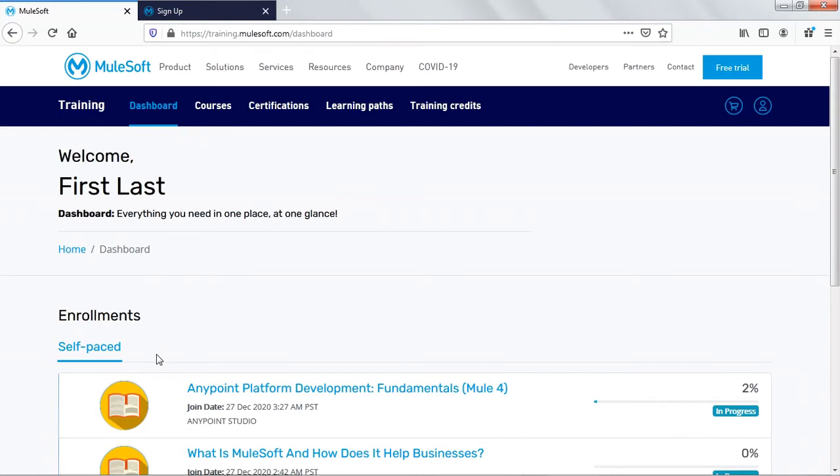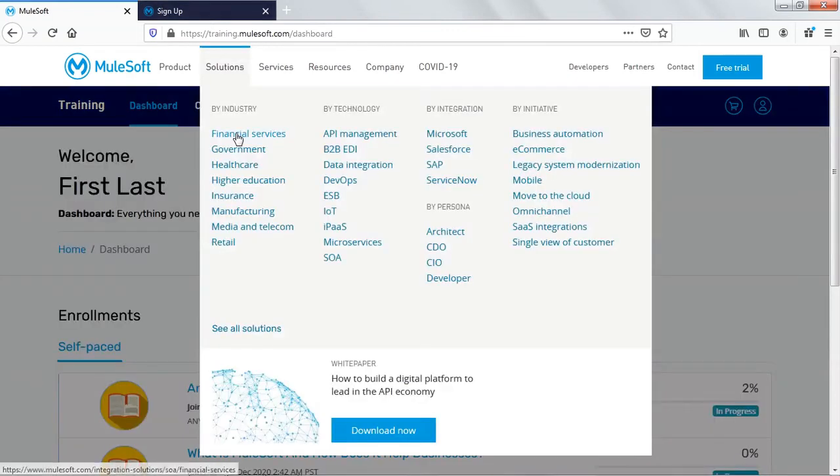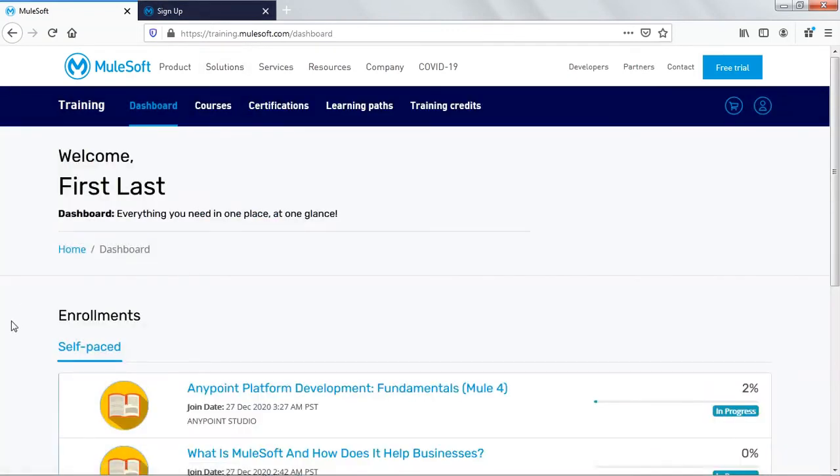If you are using a company laptop, I'm not sure you would be able to do that in case you don't have admin access. But if you are using a personal laptop, you can download it from the MuleSoft site and install it, because the Anypoint platform is required to do the various exercises listed as part of this course.